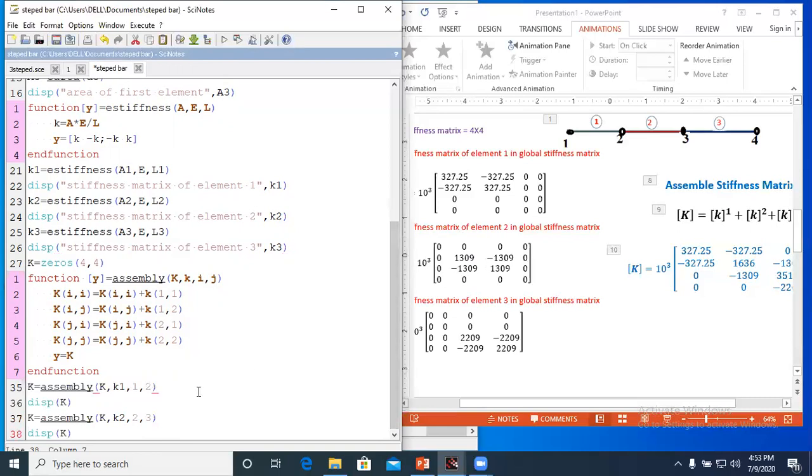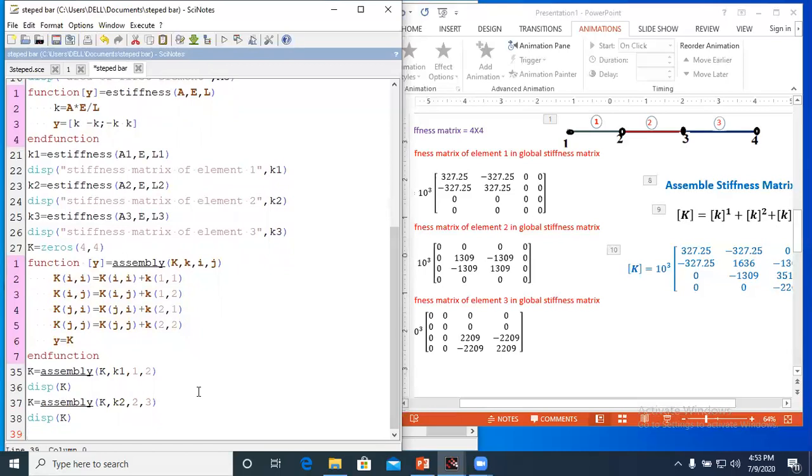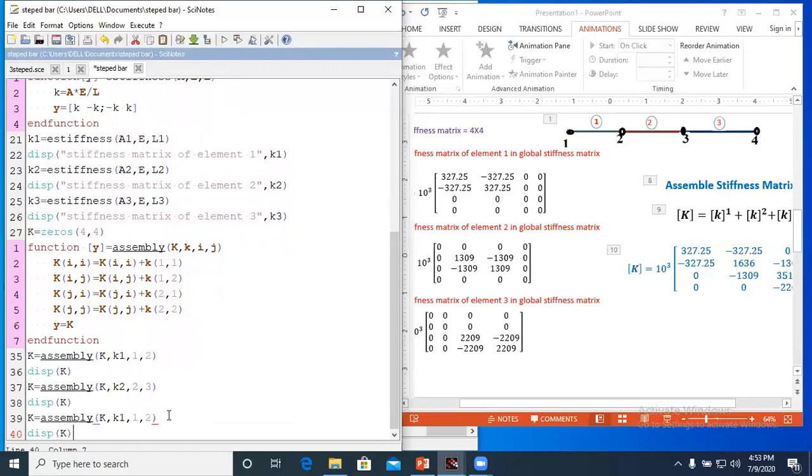Okay, now for the third element again you will write this. Now this k is the k calculated here, the stiffness matrix of the third element, and the connecting points of the third element are 3 and 4.